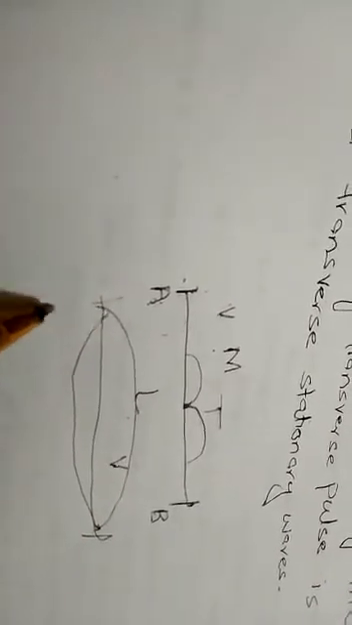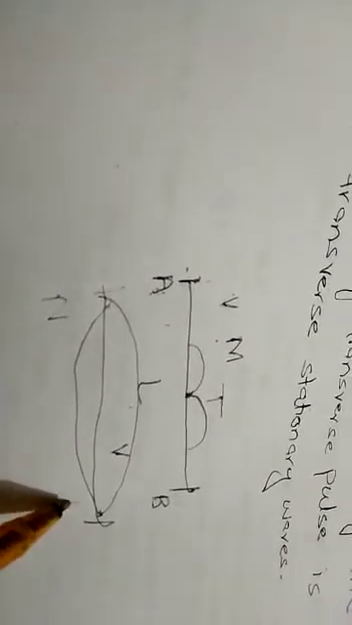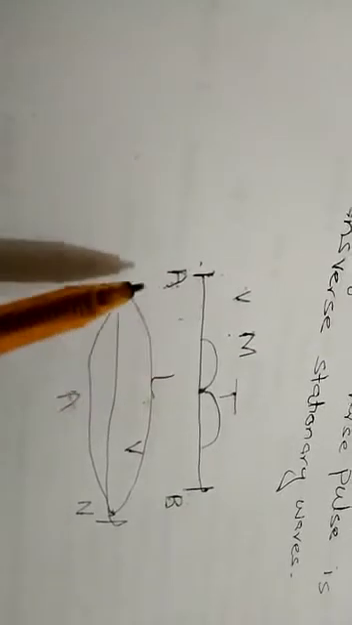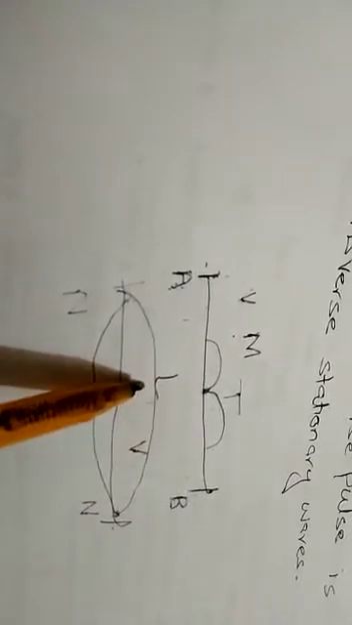And you know that these two fixed points you call nodes, denoted by capital N, and the central point means the point where the particle oscillates with maximum amplitude. That point you call the antinode, denoted by A. Clear? Last lecture we discussed these points, that these are called the nodes,